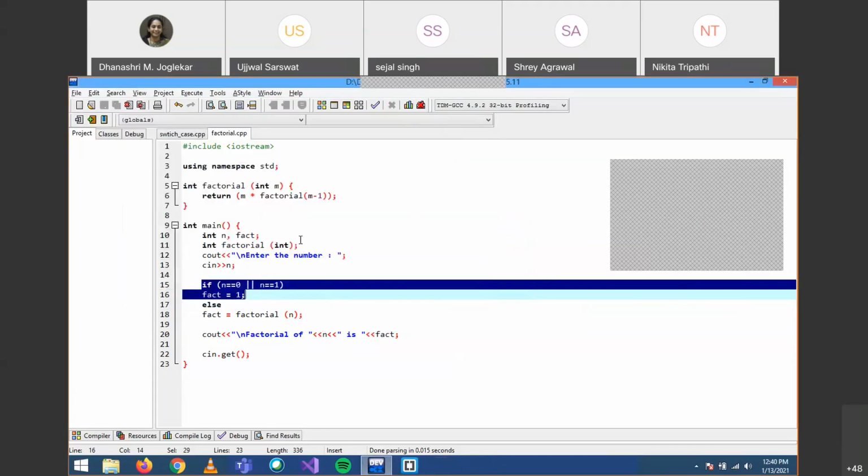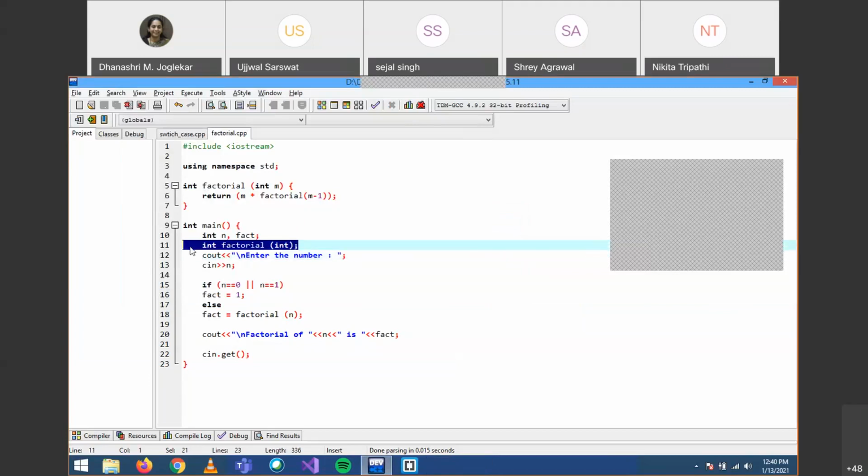Show me line number 11. I tried using this both ways. This error is still there. I'm actually not able to hear you properly. What are you saying?